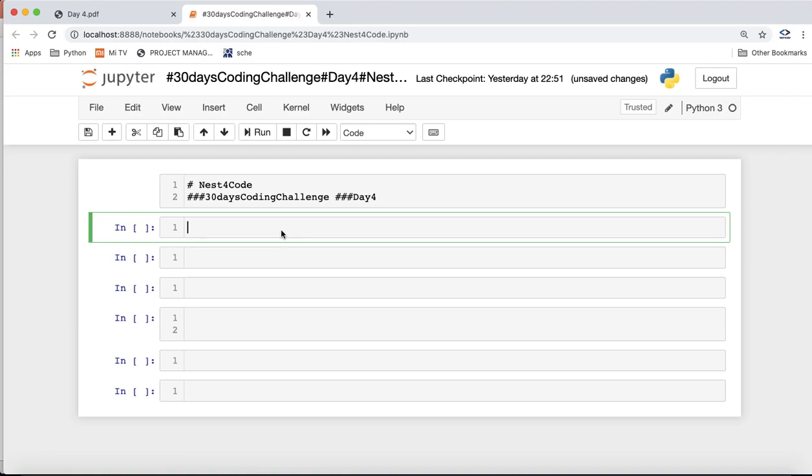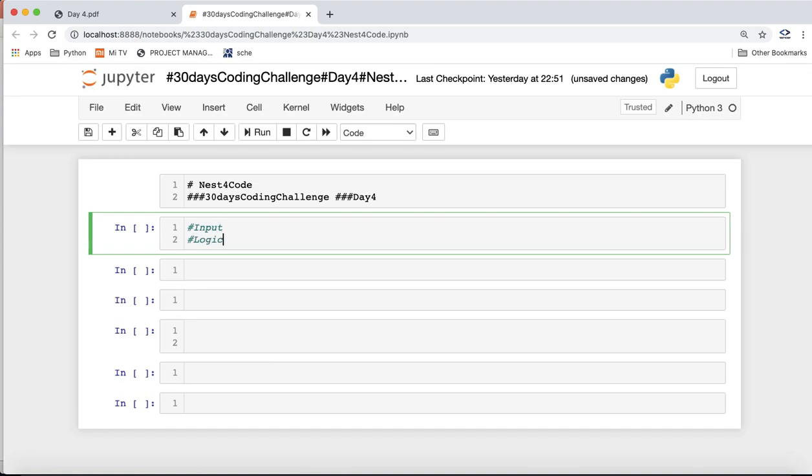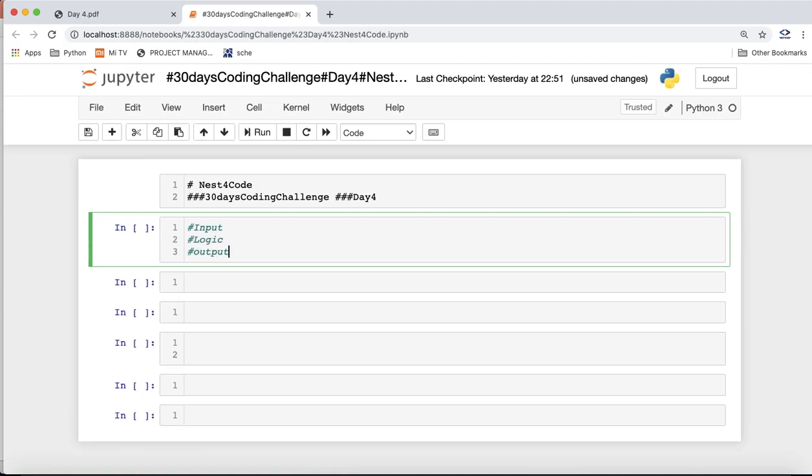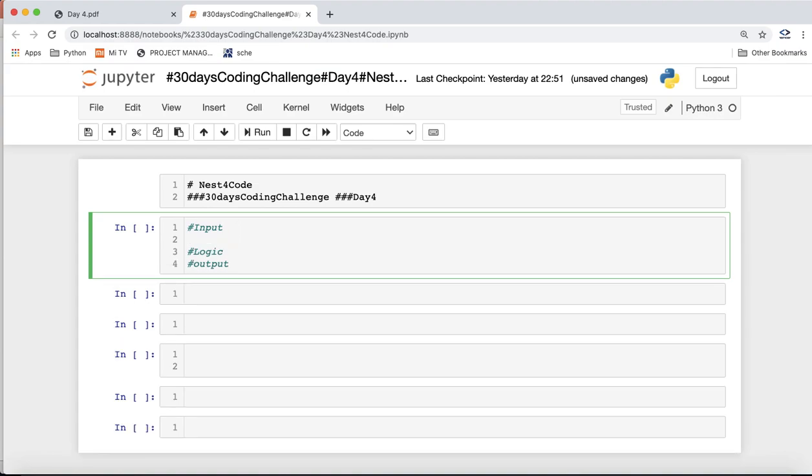Yeah guys, so let's see the coding part. Our program will primarily consist of input, logic and output. In input, we'll ask the user to input the tray length.